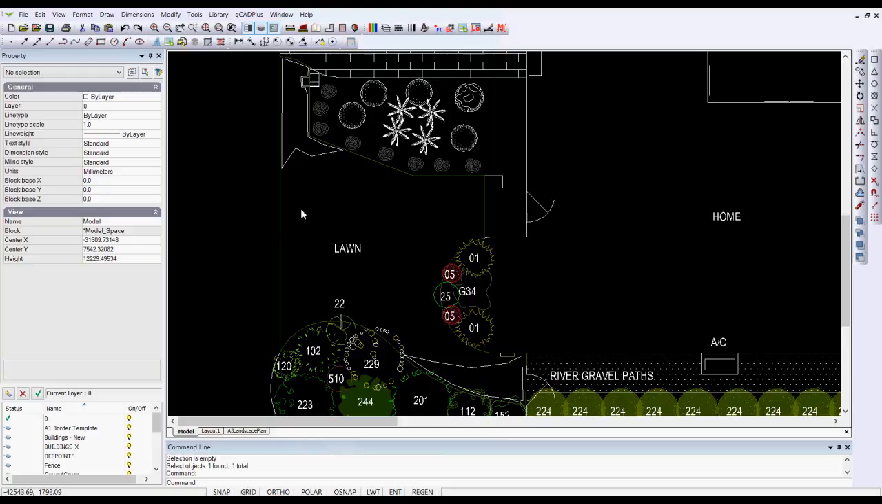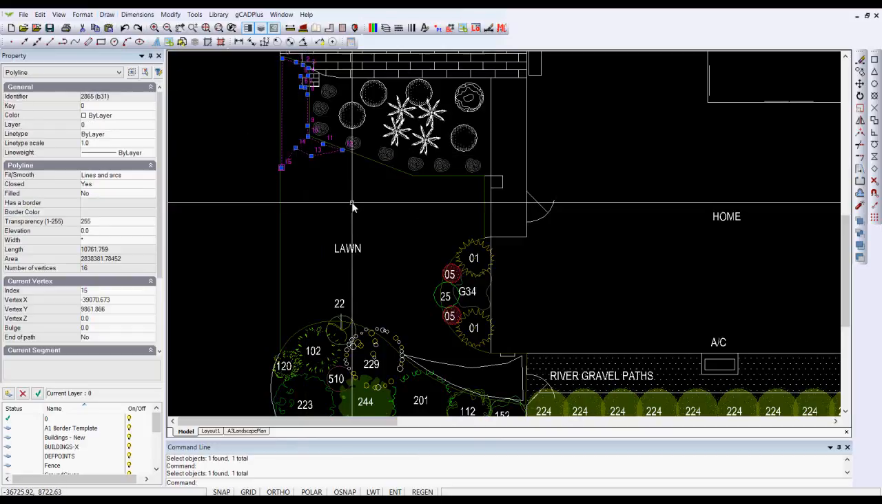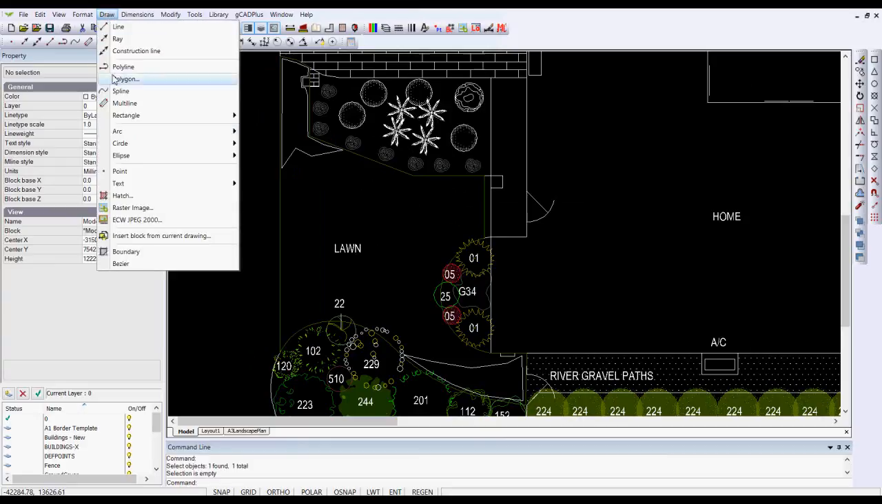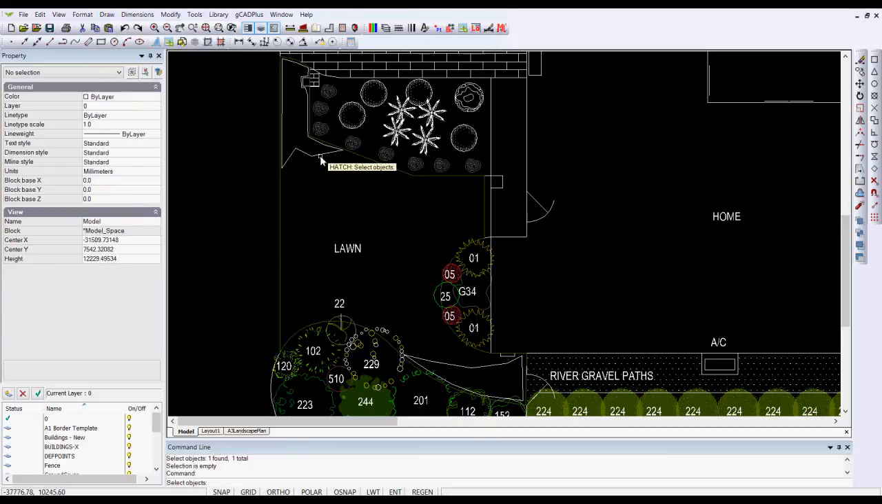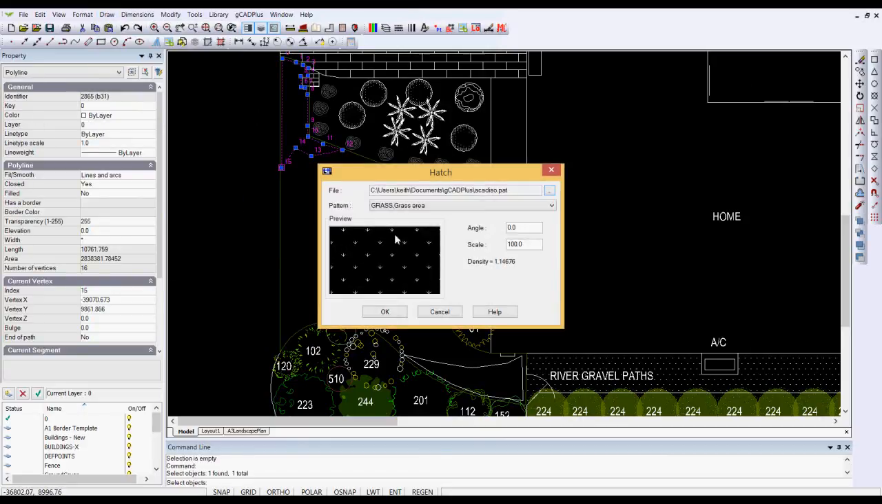The design here calls for this area in the middle of the screen to be lawn. There are a number of ways to indicate lawn or grass. You could draw a polyline, as I've done now, just a rough polyline in one corner, and then you could hatch that polyline. If we pick the grass hatch pattern from the CAD ISO pattern file, I'll give it a